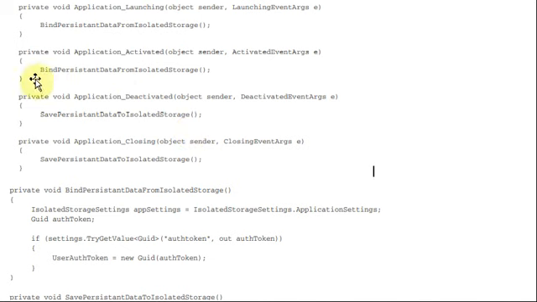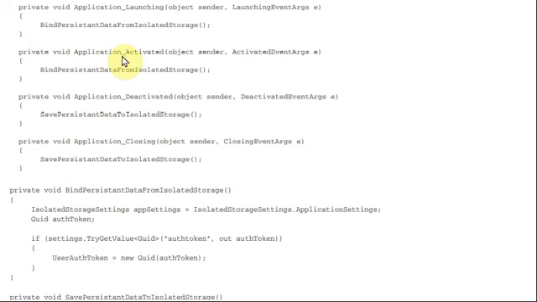Now we are going to see what these functions are going to do. That is bind persistent data from the isolated storage, and next one is save persistent data to the isolated storage. So we are going to have our data in the isolated storage. Either you get from the isolated storage or you are saving to the isolated storage. So when you're saving, that is nothing but you're exiting, or when you're closing, at that time it will be saved in the isolated storage.